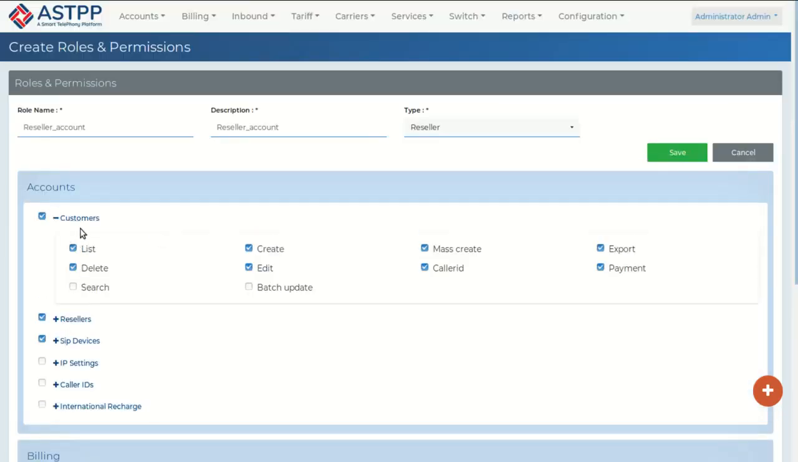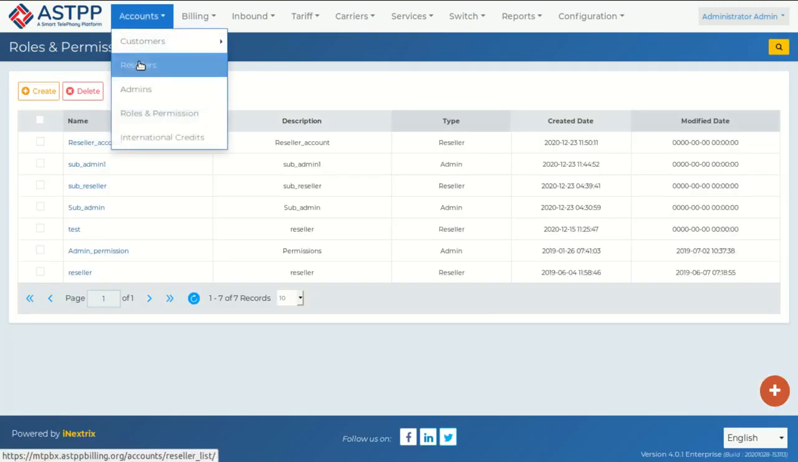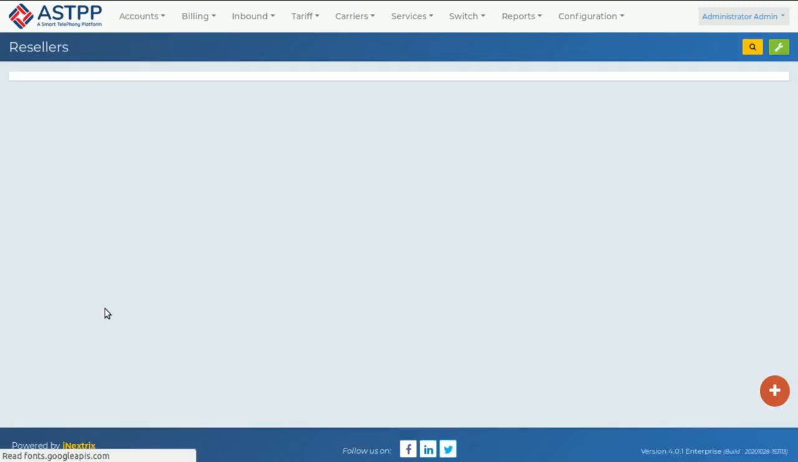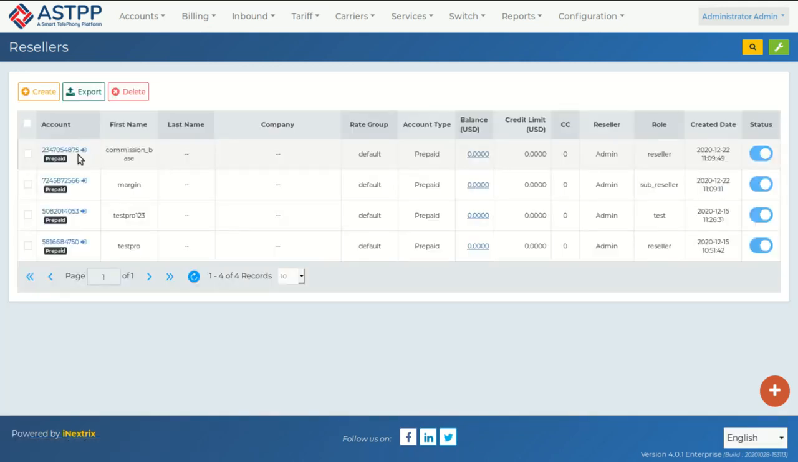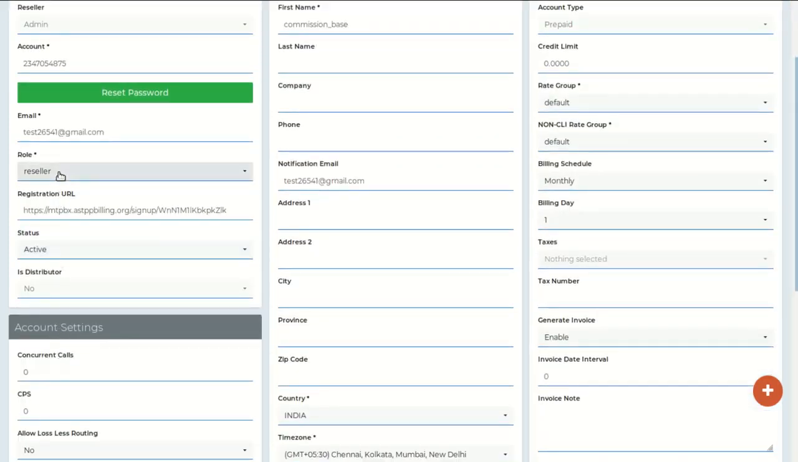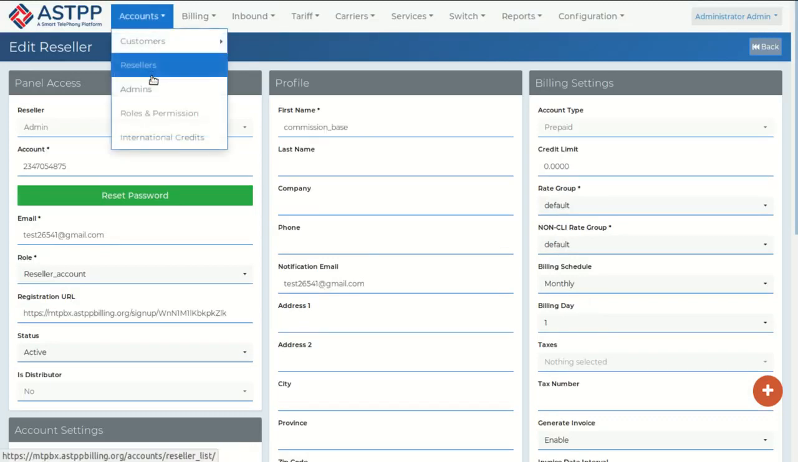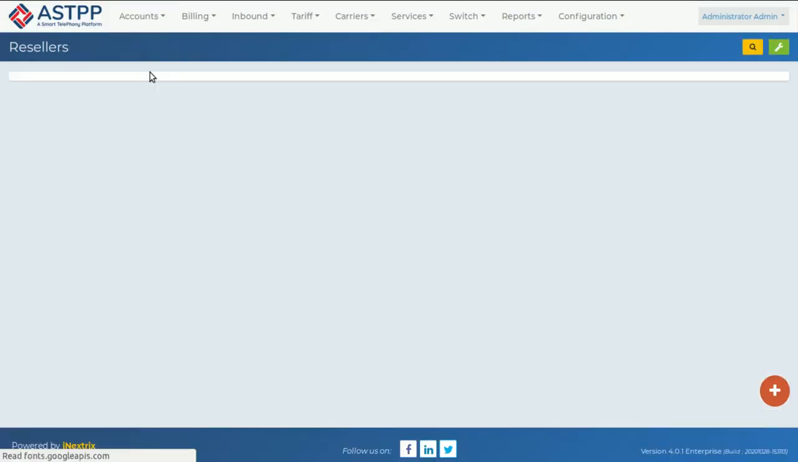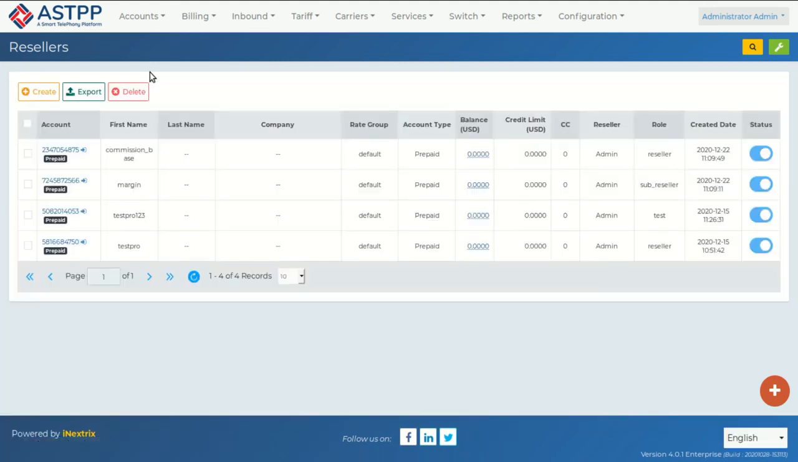Suppose I am now allowing this role only for customers, resellers and SIP devices, and let me save. In the same way, from the reseller account, if we want to change any role for an existing reseller account, we can do that from reseller edit, from here, from role. Otherwise, whenever we create a new account for a reseller, and if we want those roles and permissions to be applied, then while creating the reseller,